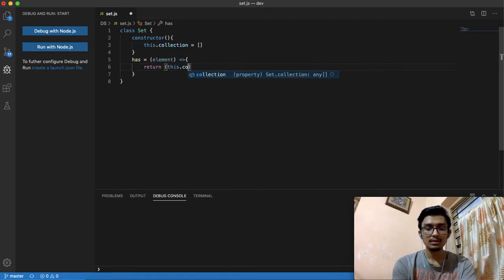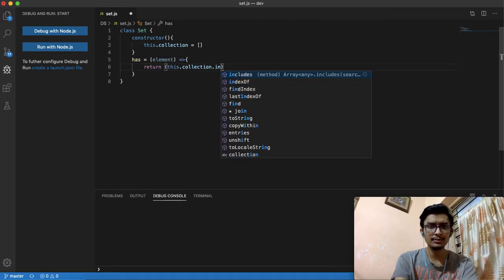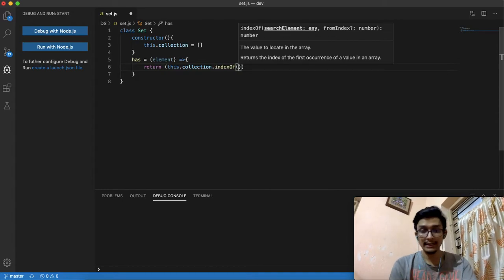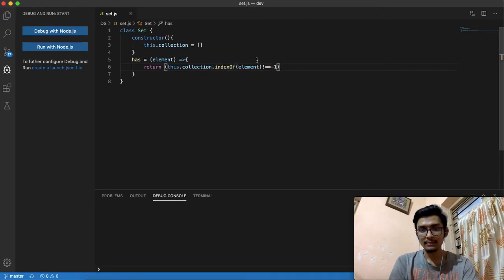this.collection.indexOf of the element which we are going to find, not equal to minus 1, which means if indexOf element is minus 1, it means that the element doesn't exist in the array.